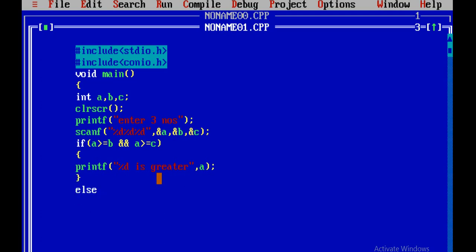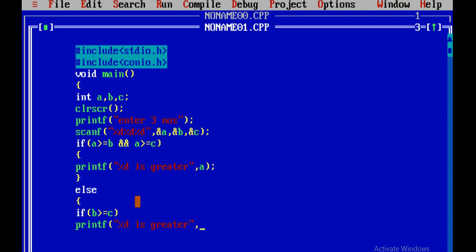Now if any one of the conditions is false, for example I'm taking the values as 10, 5, 20. Now 10 is greater than 5, but 10 is not greater than 20. So if any one of the conditions is false, A is not greater. Now else if B should be greater than C, we are checking. If B is greater than C, then we print percentile D is greater.